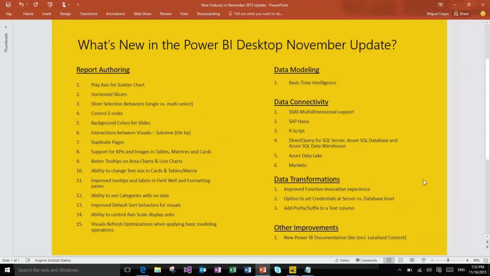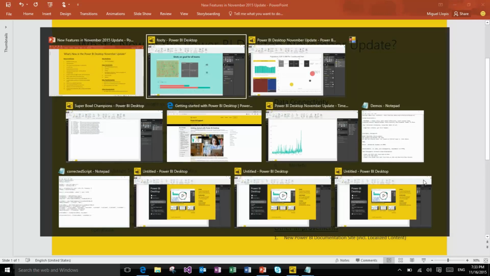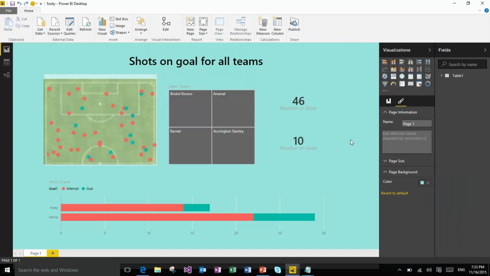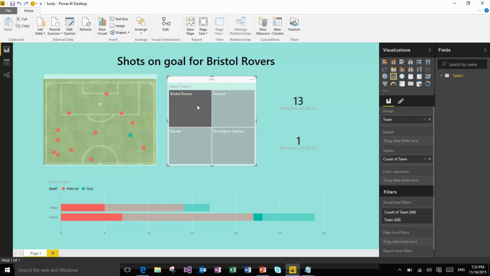The next item this month is the ability to configure the interactions between visuals. This is also known as sub-view or tile by. If you think about how Power BI Desktop visualizations work, so let's go back to our report, you would see how when you select an item from a specific visual, all of the other visualizations within the same page update to either cross-filter or